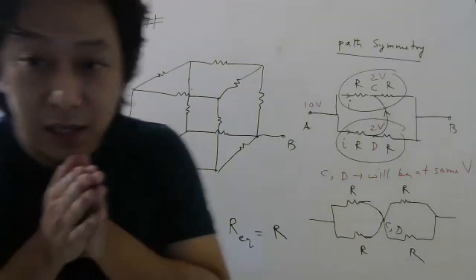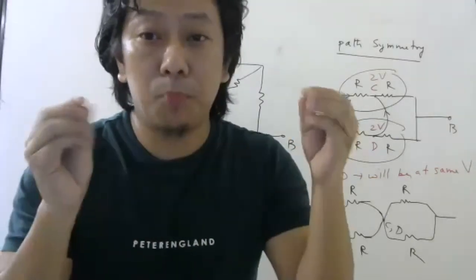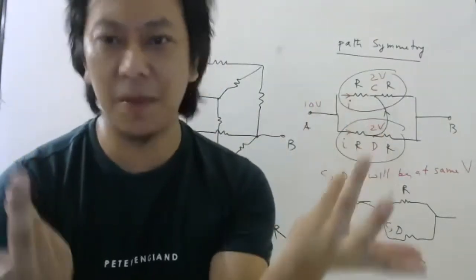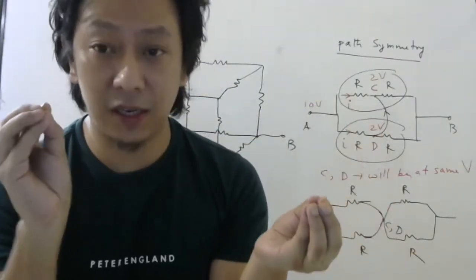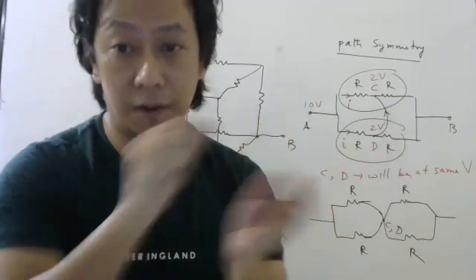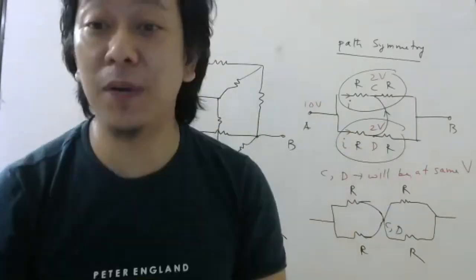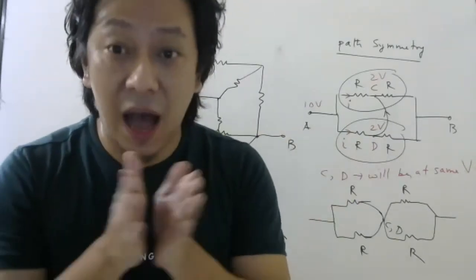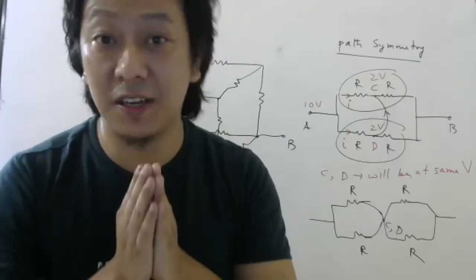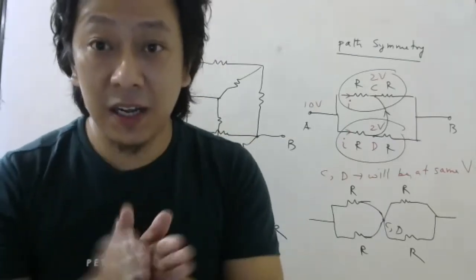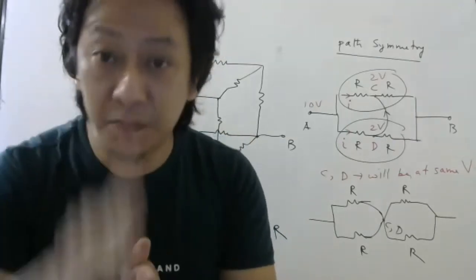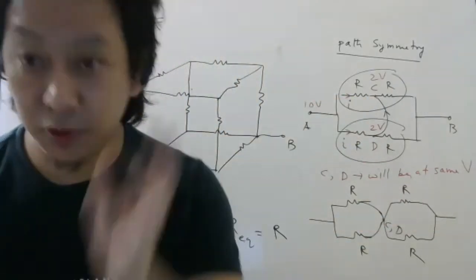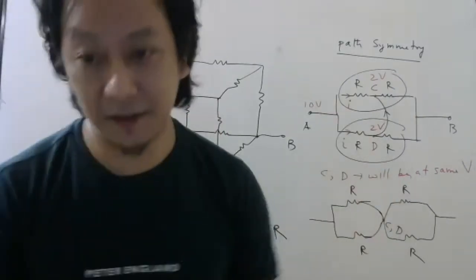So if you want the equivalent resistance between 2 points, always those 2 points will be mentioned. You have to think, to go from here to here, how many paths are available to the current? Then you have to check, are there any paths which are symmetrical? If it is symmetrical, then the opposite points must be at the same potential. Opposite points, meaning this point and this point. So that is the main concept behind teaching this. Okay.